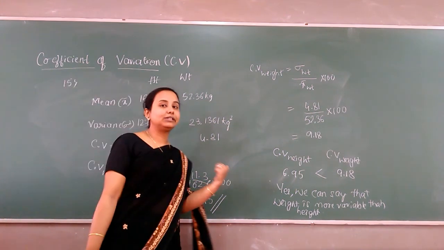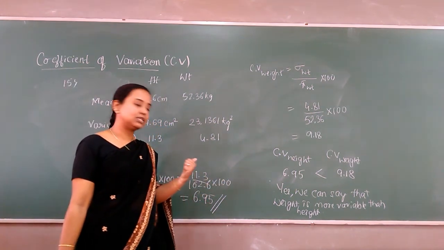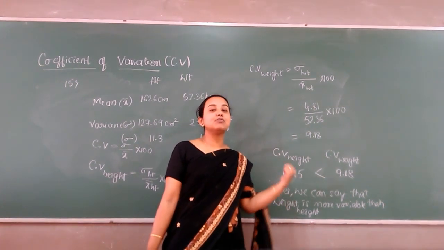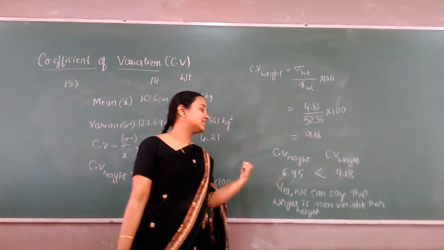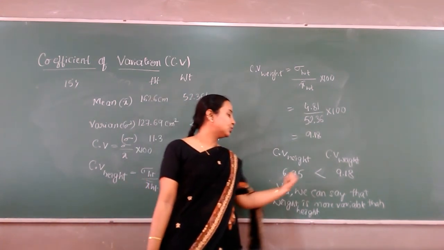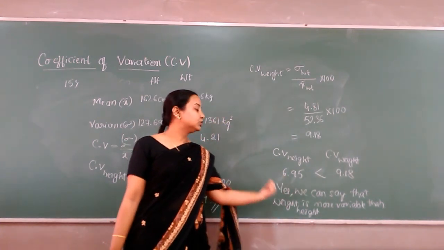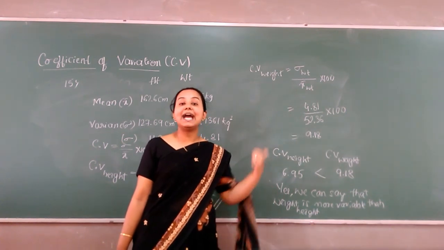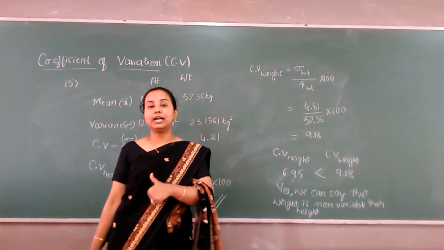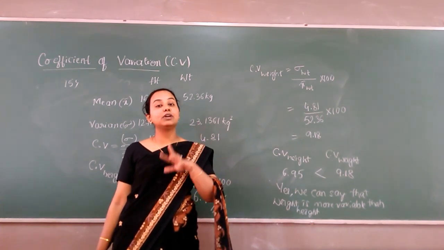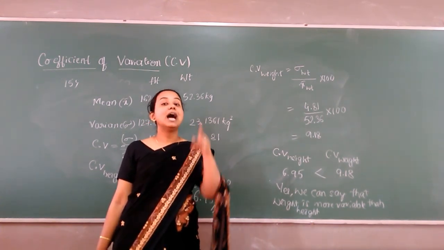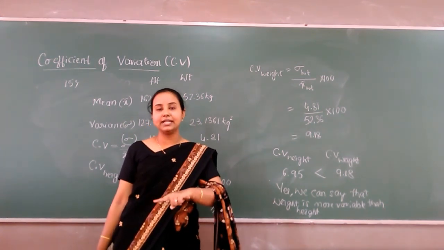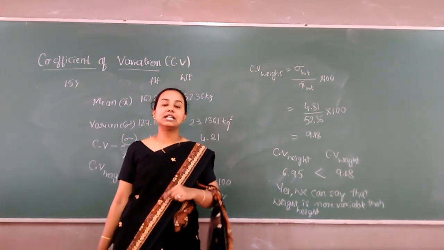Now one more thing, even if it is not asked, let us just discuss this once. They asked, can we say that the weights are more variable than heights? Then our answer was yes. We can say that weight is more variable than height. So when it comes to consistency, how will you conclude? You say that height is more consistent than weight. So it becomes reverse, and the word changes. Because weight is more variable than height, height is more consistent than weight.